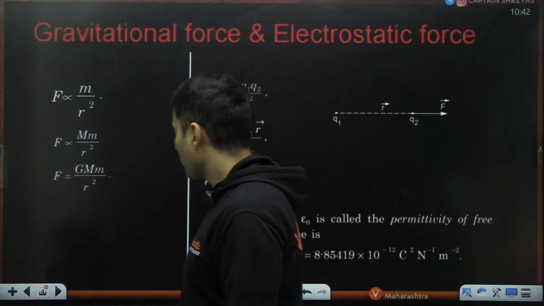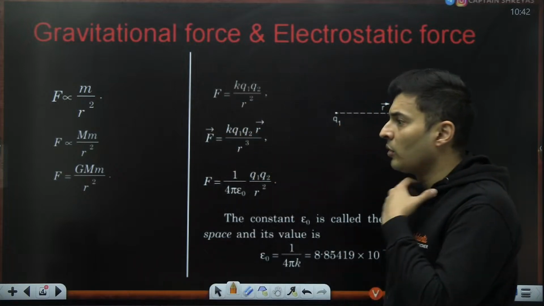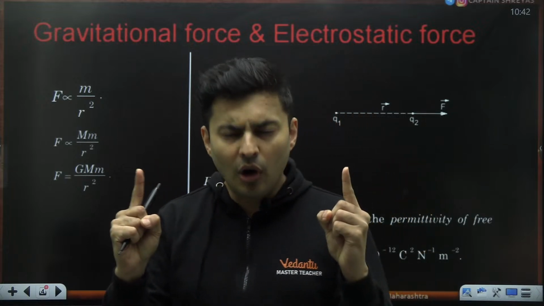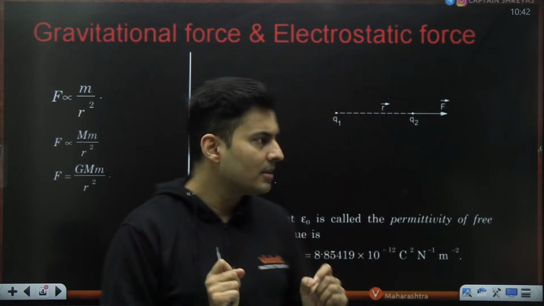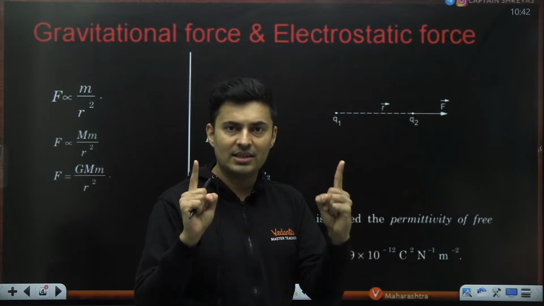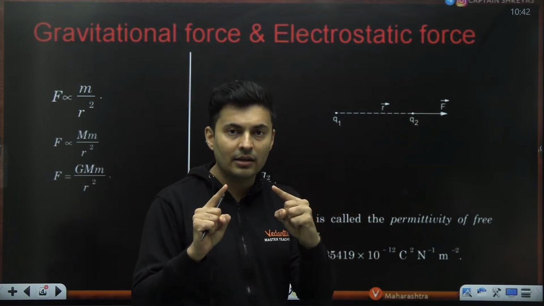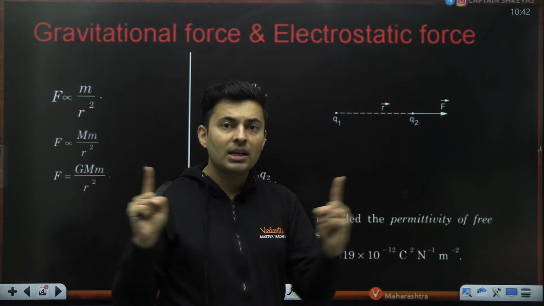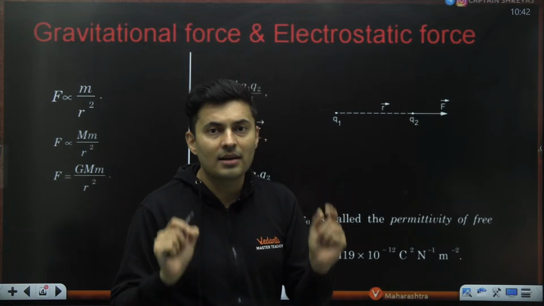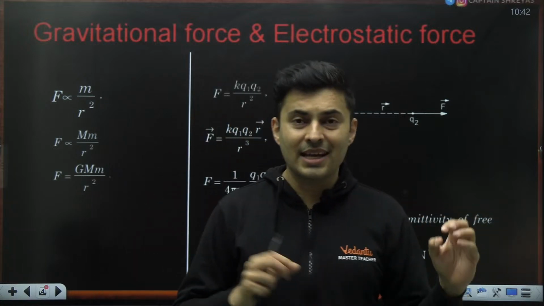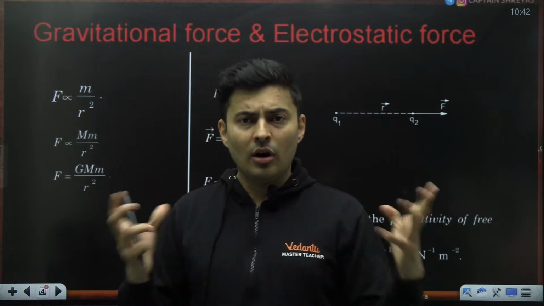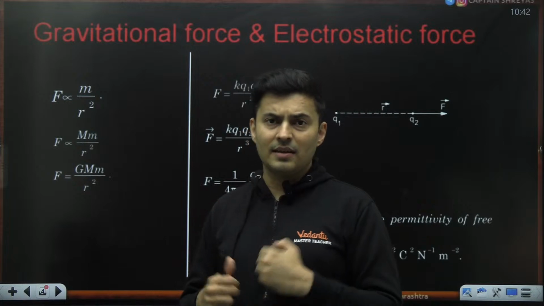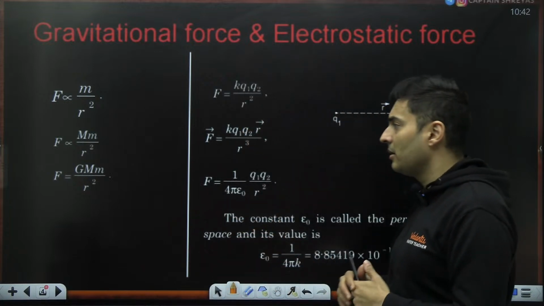So starting off with the concept of force, we know any two masses placed at some distance will always attract, whereas two charges placed at some distance can attract if the signs of the charges are opposite, but they will repel if the signs of the charges are similar. So electric force can be attractive or repulsive. Gravitational force is always going to be attractive in nature. Masses are never going to be negative, at least in our classical mechanics.